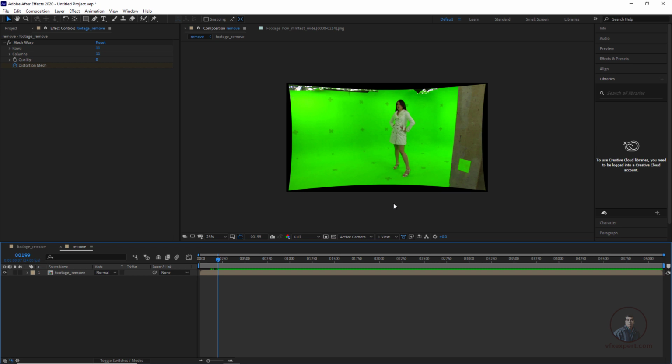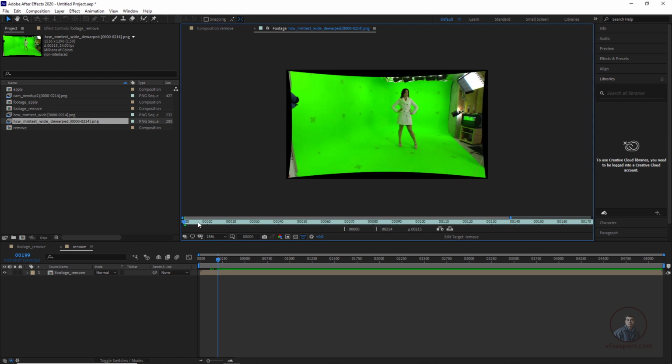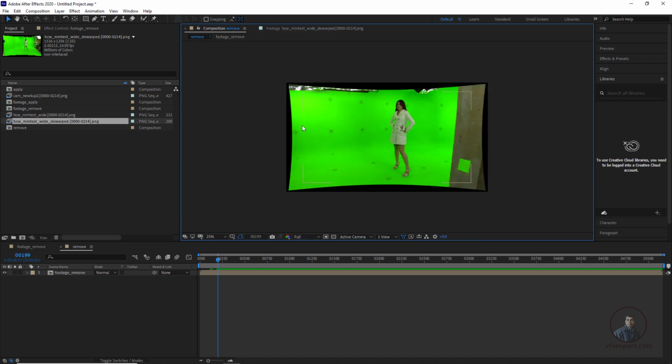Then you have to do the remaining compositing here. But here I have already rendered this undistorted plate from 3D Equalizer. If you want to check, you can simply see this one, this undistorted file which I have rendered from 3D Equalizer. You can use the same file, otherwise you can also render this file from After Effects. The same result we will get here.